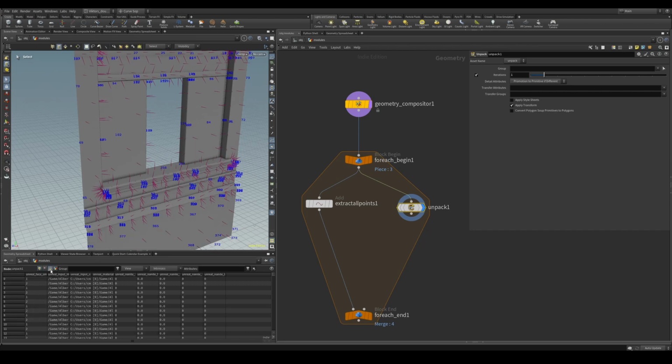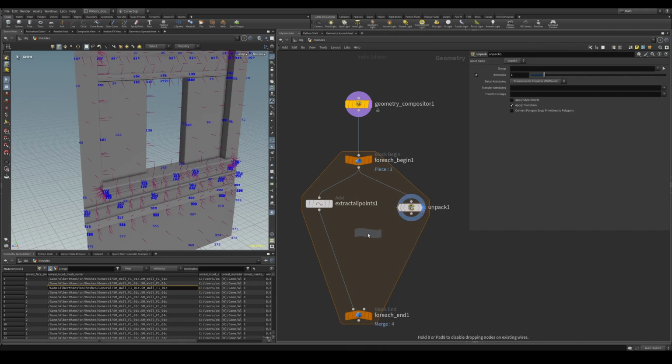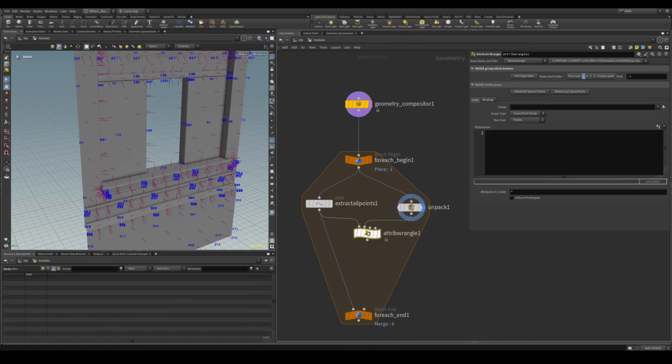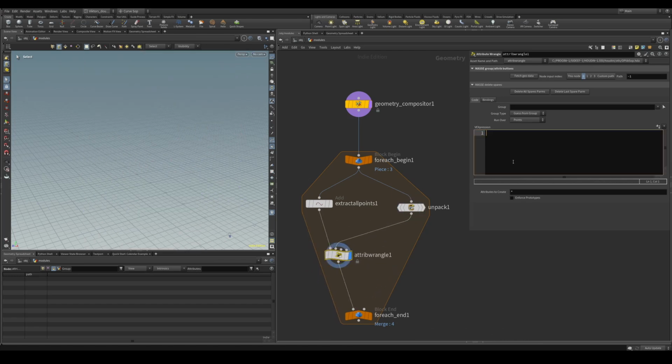Now we have unpacked it. I want to use the Unreal input mesh name as an Unreal instance attribute on these points. So put down an attribute wrangle, or attribute triangle, and connect 1, 0 and 1 input. First of all I want to go ahead and get my attribute value. So string, let's call this Unreal instance